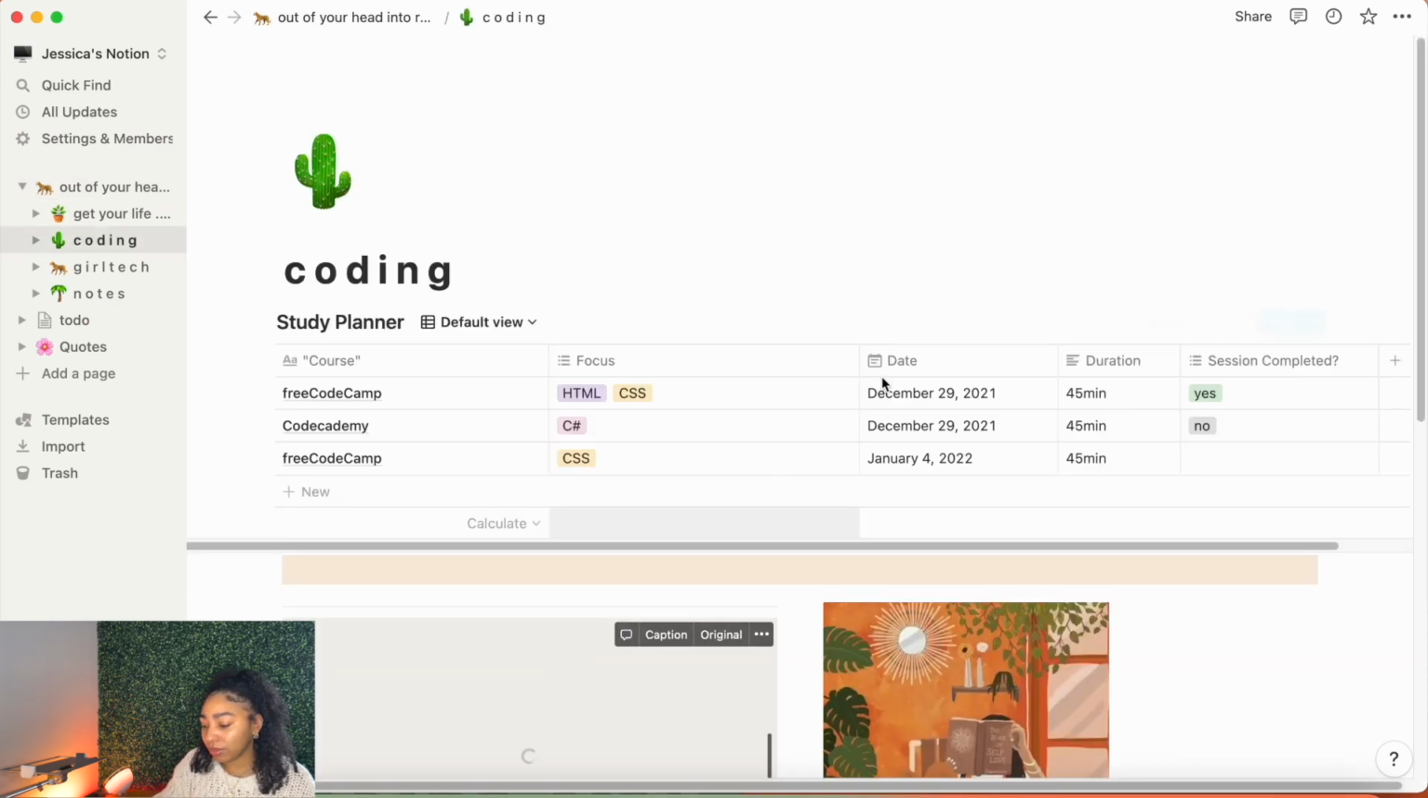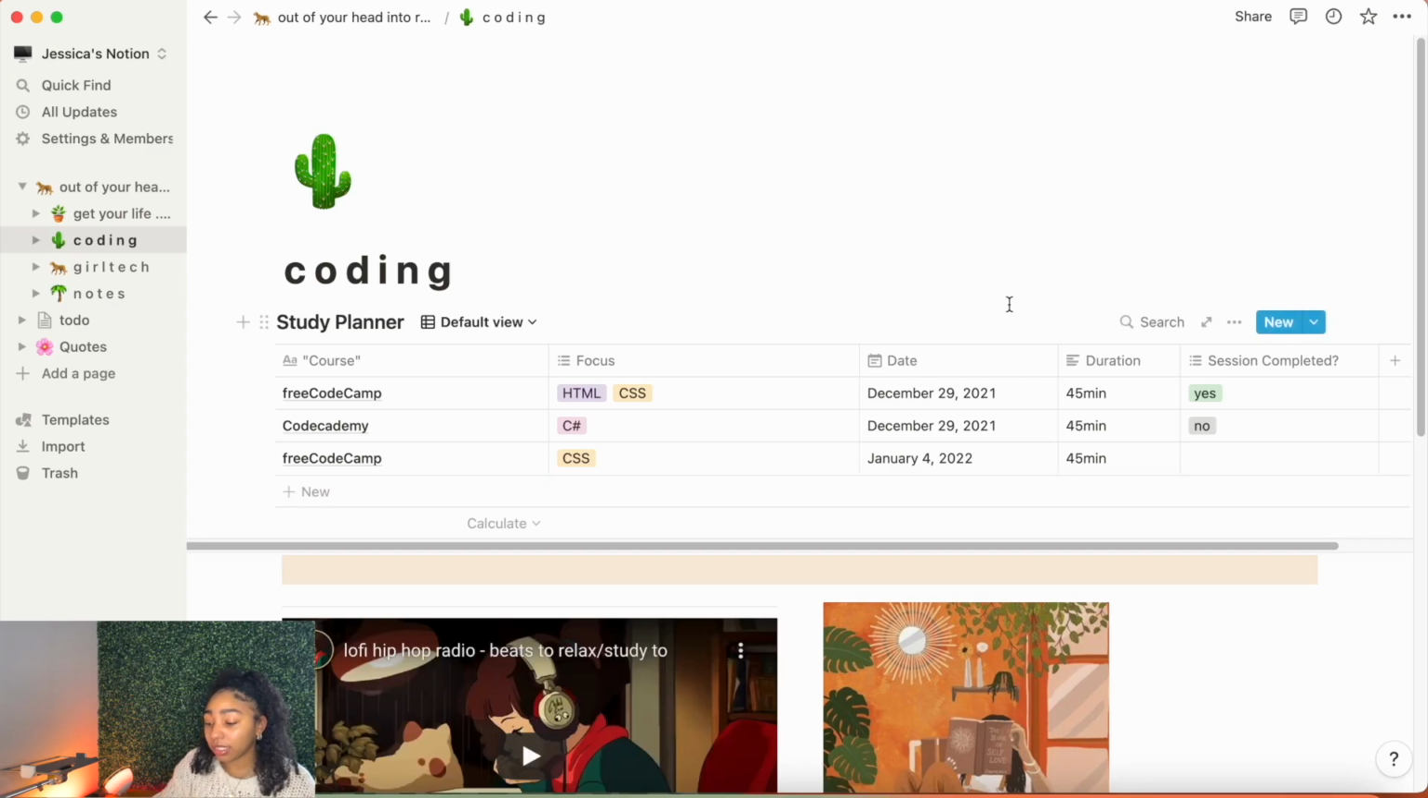Moving on to my coding section. This is another section that's under construction. As you can see, I started with this template here. My idea around this was to just keep track of my study sessions. More so, when I first created this, it was to be like a planner, I guess. So instead of me getting up and being like, what should I study today, or where should I start,